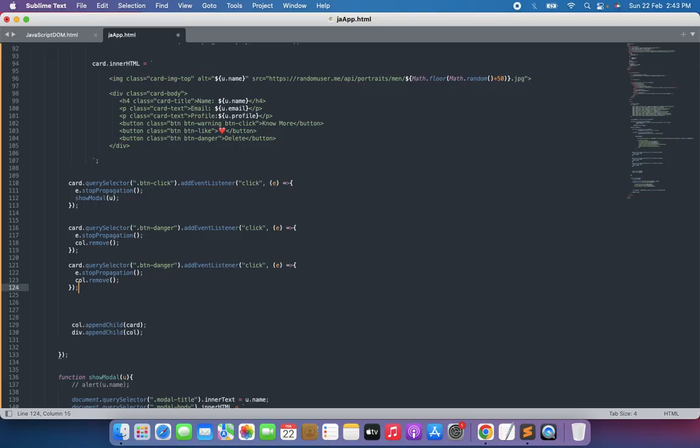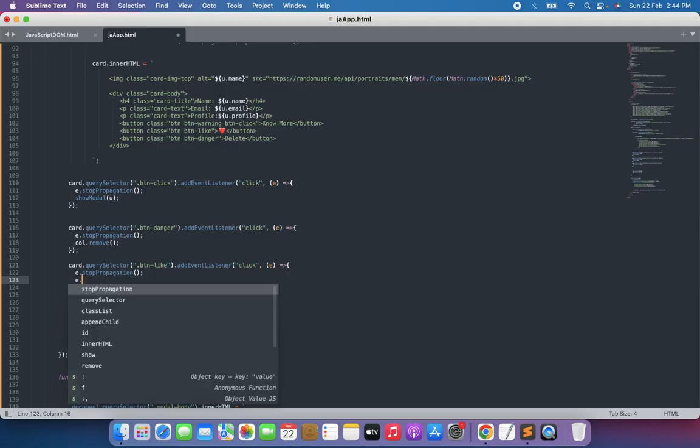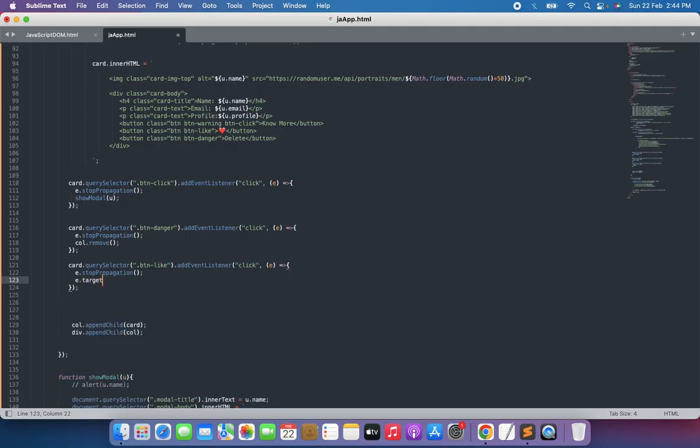So guys, give me a few seconds. Now what I'll do here, I'll copy this btn like from here and paste it here. And now add event listener. Add event listener. Now I'll copy this, remove this, and I'll say here e, event dot target, event dot target, which means